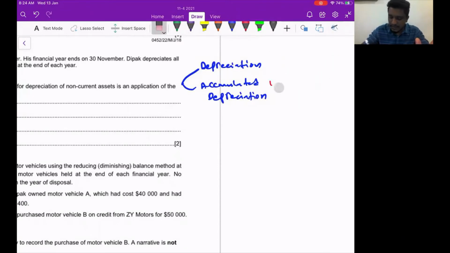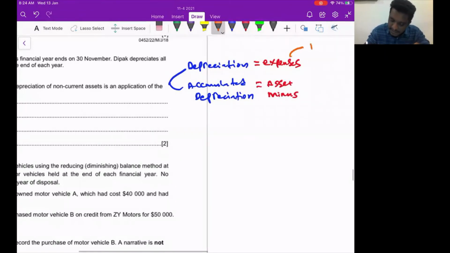so on until we use the asset, until we sell the asset actually. Now basically depreciation is my expense. Accumulated depreciation will be asset minus. Expenses will be recorded in the income statement, and the accumulated depreciation, since it needs to minus the asset, we will record in the statement of financial position. So if you understand this, then